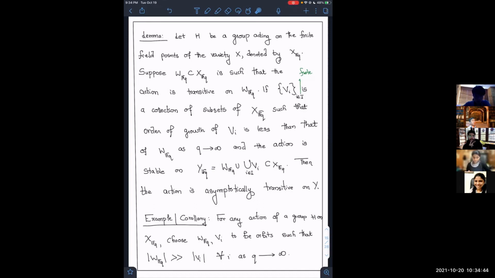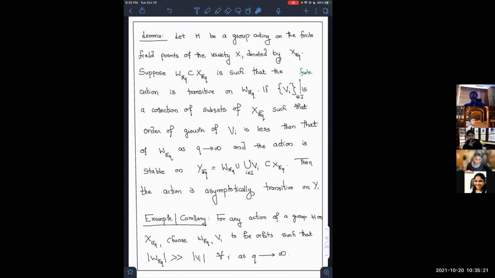So basically what it is saying is, whenever you have some stable subset of the variety you're looking at, you take that stable subset and then you take and union it with anything that has a growth that is smaller than the one that you started out with. And if their union is stable under the action, then the bigger orbit is going to be asymptotically transitive on this